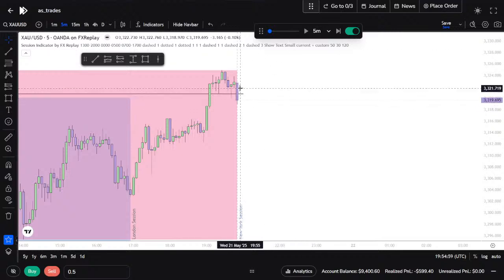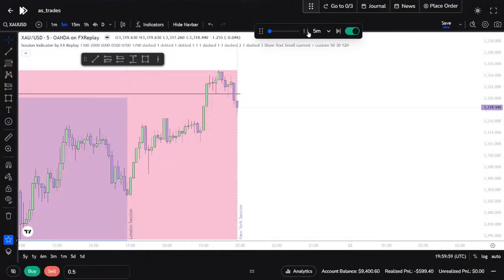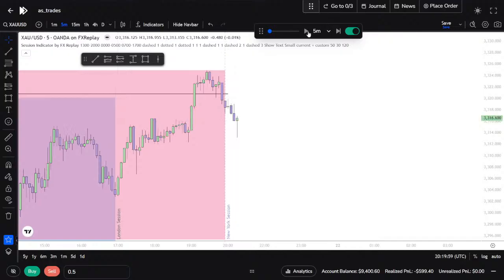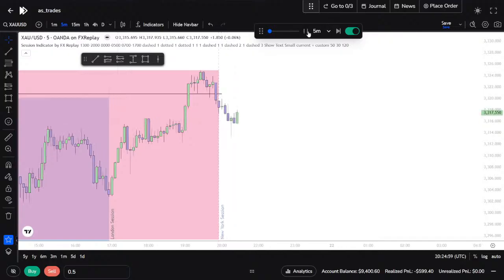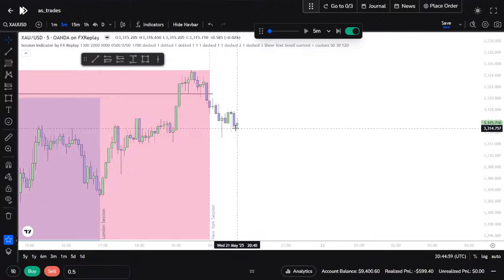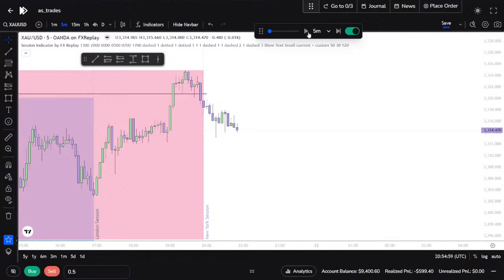So now we're gonna wait for a little bit of a traceback. We need to see if it respects these fair value gaps. Okay, first one's disrespected. Second one so far is respected. Respected. Still respected. Respected. Okay. Is that? Yeah, that's still respected. There you go, disrespected. Now there's probably gonna be a pull up before.